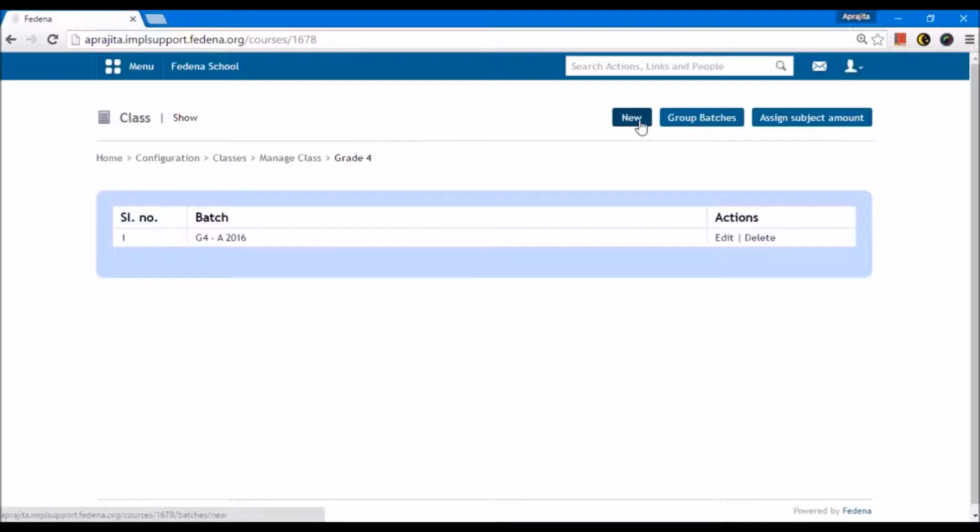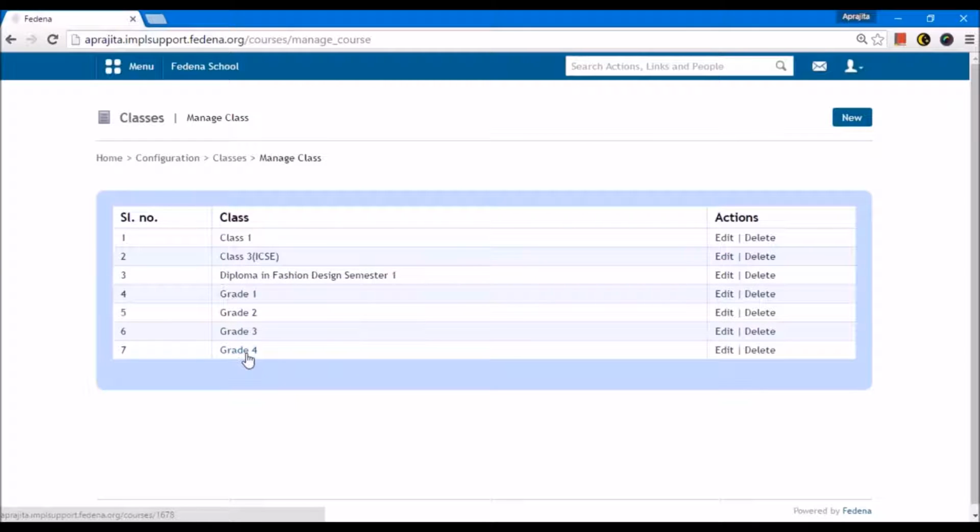If I have one more batch inside this grade, I can have normal grading pattern only for that batch. That means for a particular class or a course, you can give it only one grading system. But across courses, you can give multiple grading systems depending on what you have enabled from general settings. For example, in this case, I have grade 1 to grade 4.